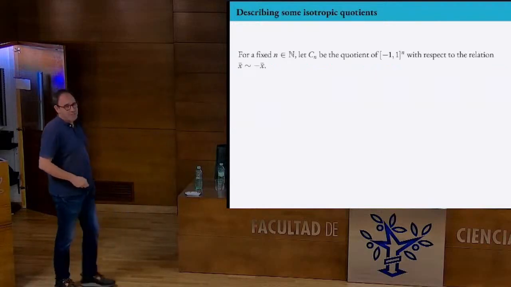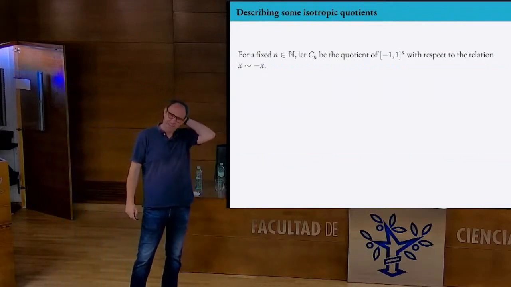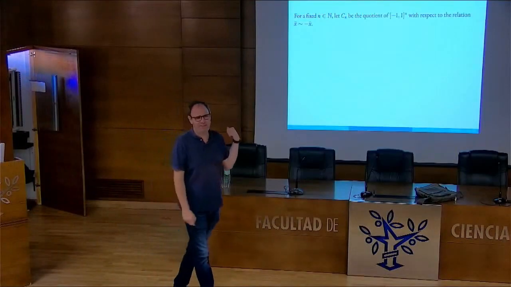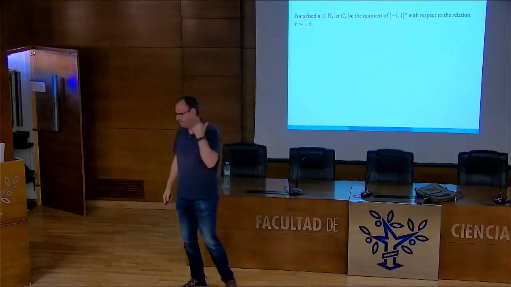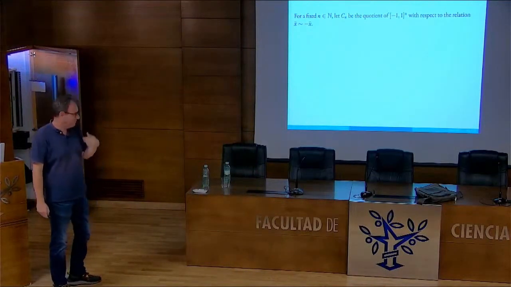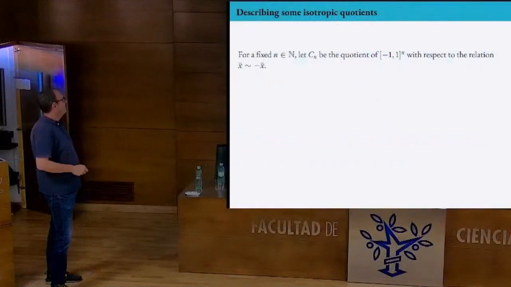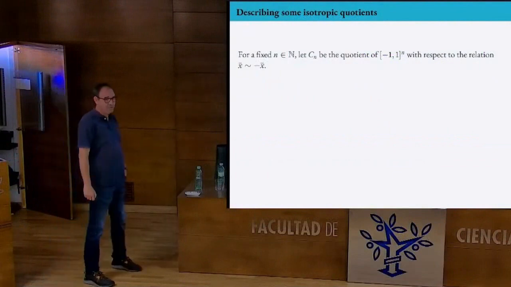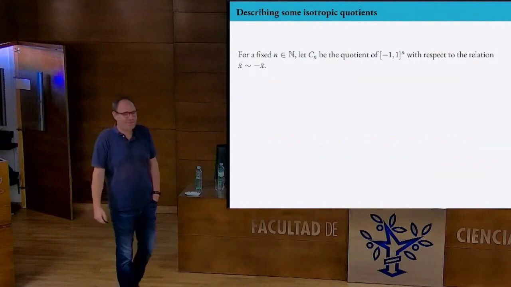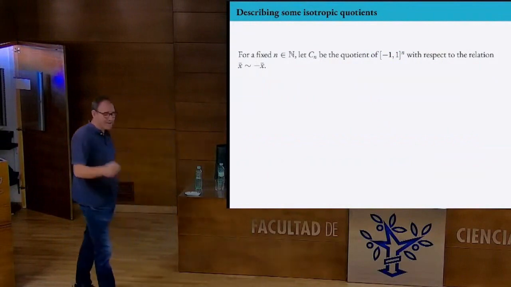Okay, so let me finally explain a little how you prove that some of these quotients are compact, and indeed you can say who they are, which is a really nice thing, I think. I like it. So there is this important thing: the unit ball, minus 1, 1 to the n for a given n. Remember that we want to